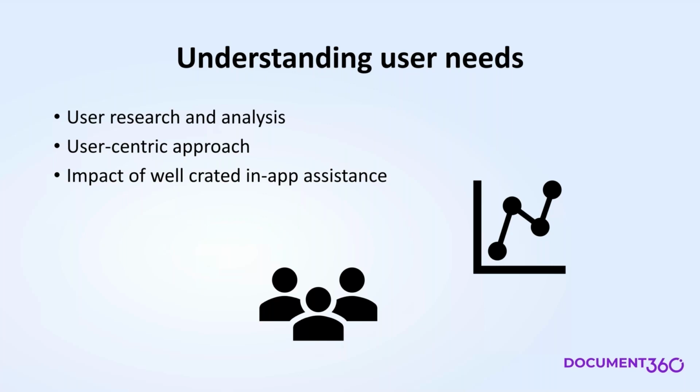Along with the user research and analysis, user feedback is important, because that is when you will get feedback on your in-app assistance to figure out what exactly needs to be improved. That is an iterative process which will in turn have an effect on well-crafted in-app assistance, and which will result in user satisfaction. Now, moving ahead,